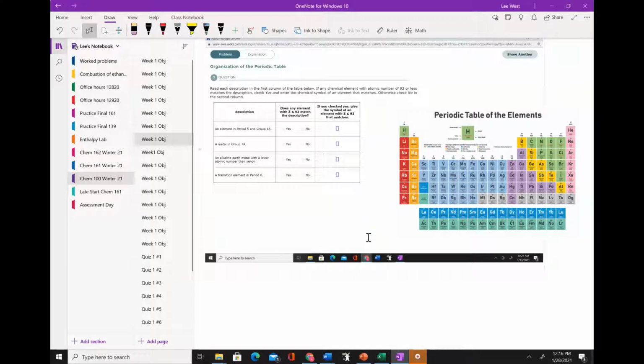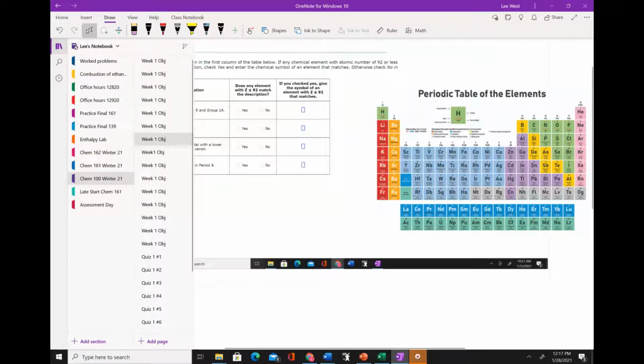So in the questions regarding the organization of the periodic table, one of the things that I'd recommend you do is to find a periodic table on the internet that has all of the information that you'd like to have at hand. So you're asked to identify elements that have atomic number less than 92 that meet a series of